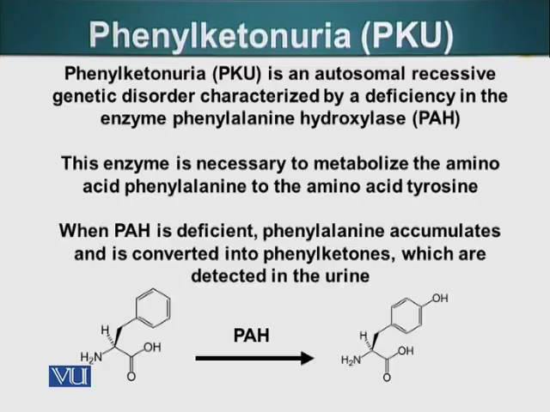So when this enzyme is deficient, phenylalanine accumulates. As we've talked about, when phenylalanine accumulates, it can get shunted into side metabolic pathways that result in production of phenylketones. These phenylketones are excreted in urine, and babies carrying this particular allele have urine with a specific peculiar smell, and of course they will be very fair, and phenylketones can also cause mental